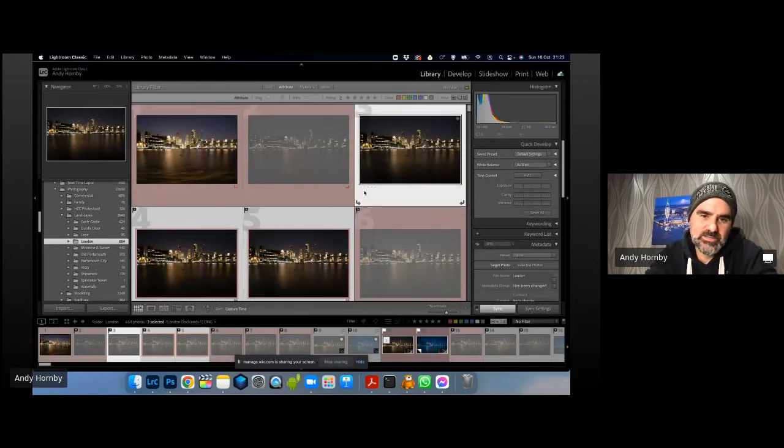So if I press the same thing again, 7, all 3 of them turn yellow. Awesome. You can't do that in the develop module. Just a little piece of information there. It's the same with anything. If you want to give anything like a